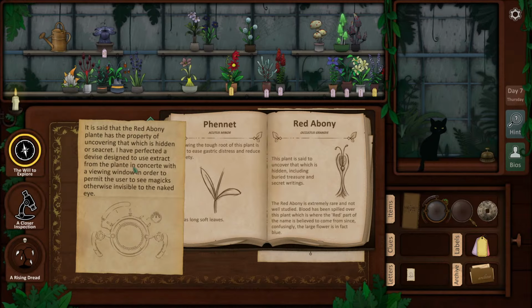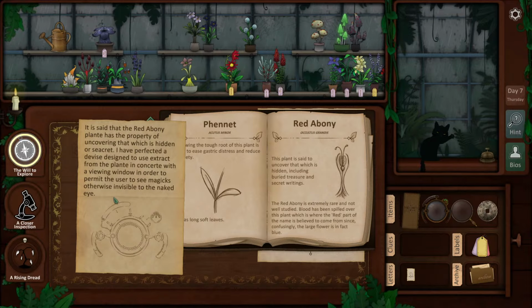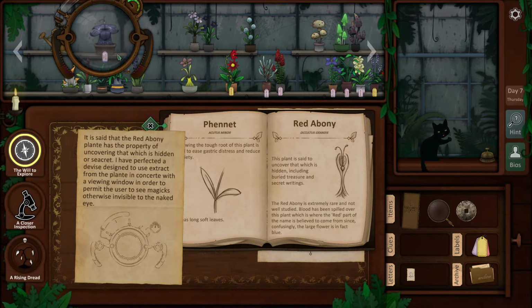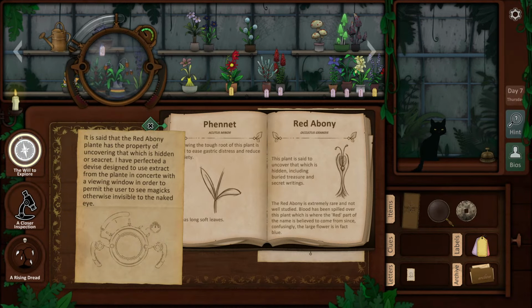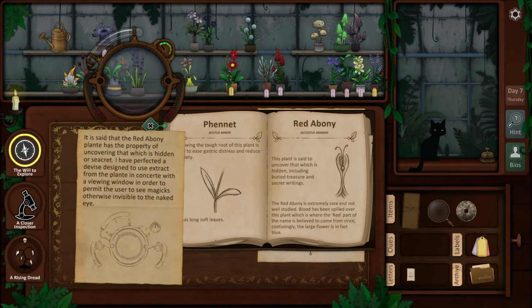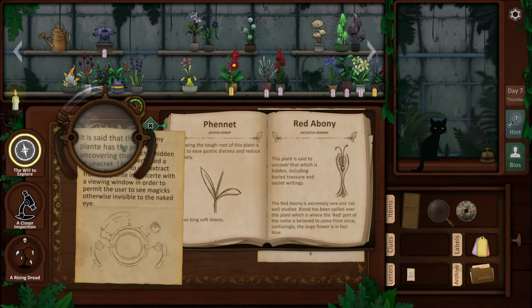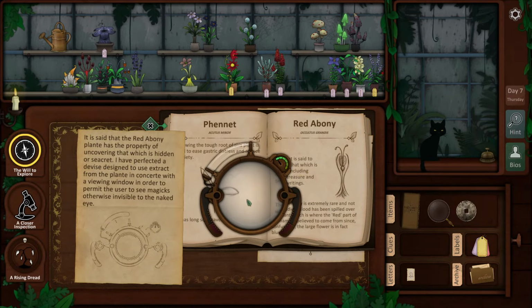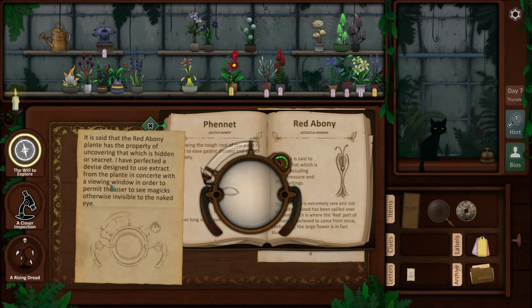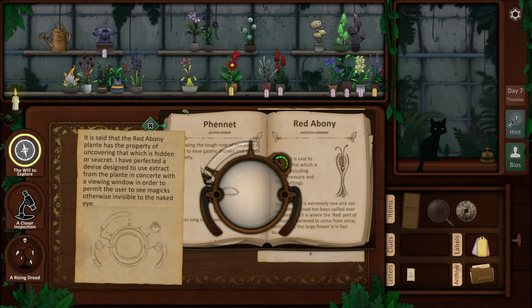Something relevant. Plant has property of uncovering that which was hidden. Device designed to use extract from the plant in concert with a viewing window in order to permit the user to see magics otherwise invisible. What am I supposed to do? So how would I get...